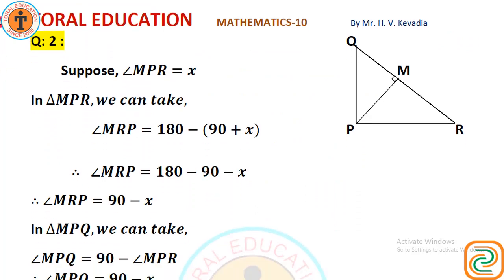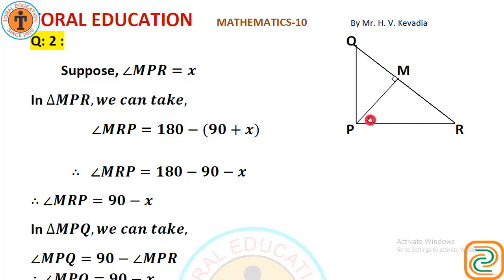Question number 2 is given here. PQR is a triangle right angled at P and M is a point on QR such that PM is perpendicular to QR. Show that PM square equals QM into MR. Here we will have to use similarity. Look at this. Suppose angle MPR